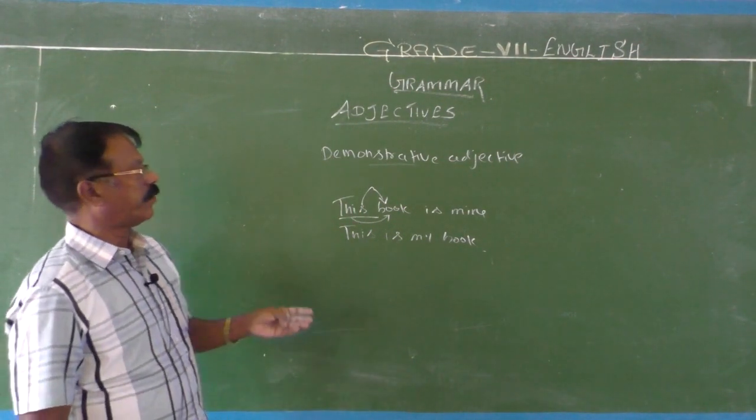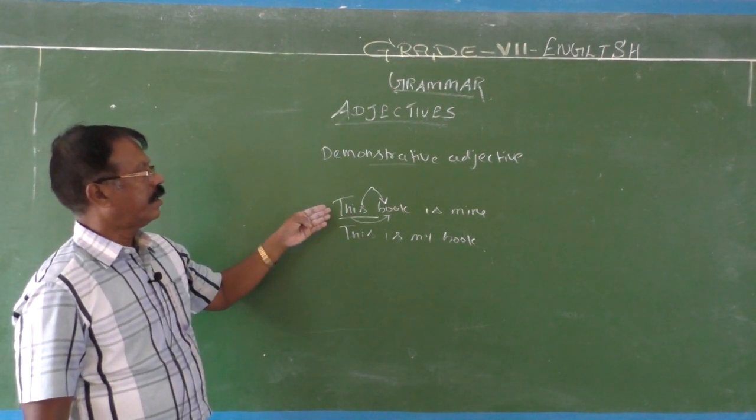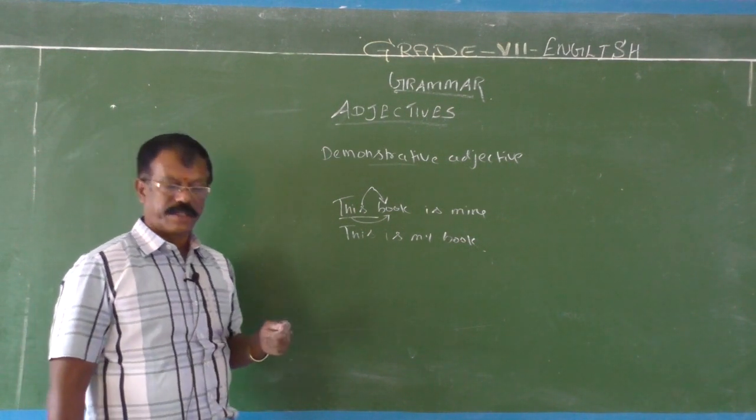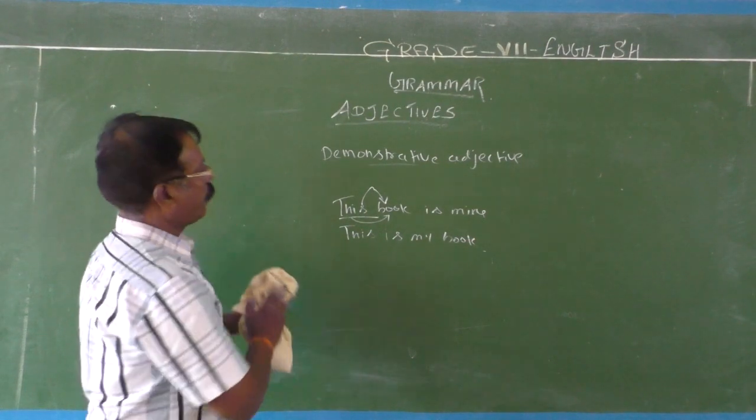So children, you should know the difference. See, in the first sentence, this is a demonstrative adjective. In the second sentence, this is a demonstrative pronoun. Okay, fine. Next,